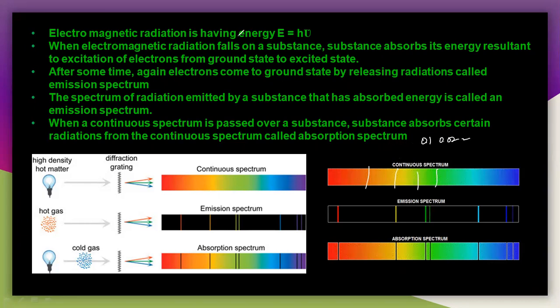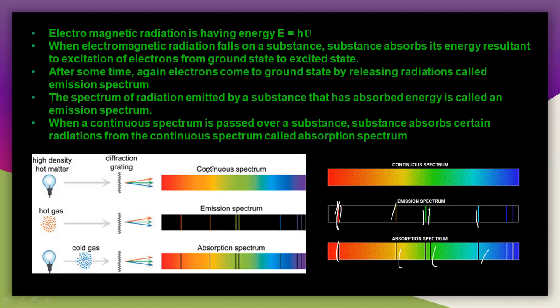So fixed values are covered. If you take the second case, see here, this is the red color. This is starting from here to here. So this is only the end, this is only the start here. So this is the discrete case here. Fixed value here also, here also, here also. See here, this is the absorption spectrum. You will also get lines like this.